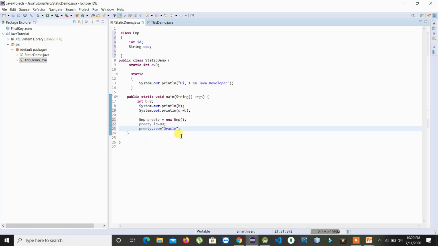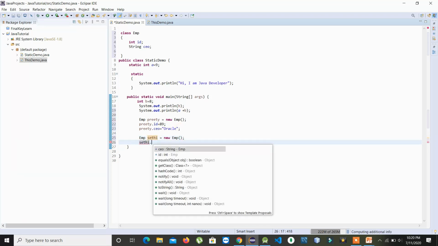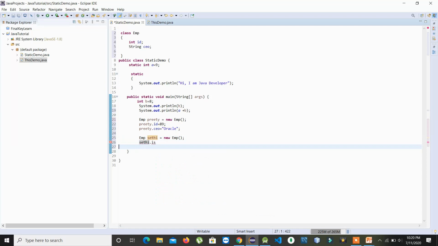Now I'll take another object, PMP, my nickname. Specify it 79. Then as both are working in the same company, the CEO needs to be the same.